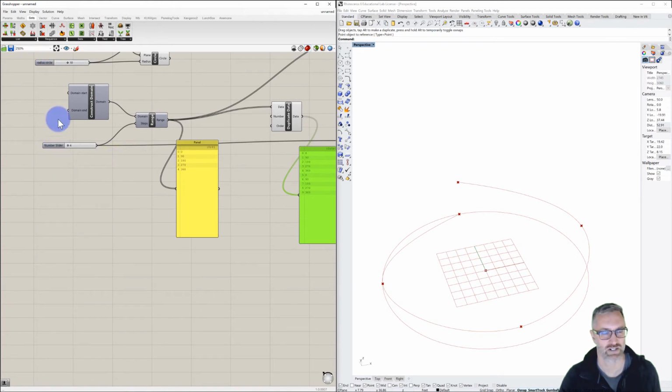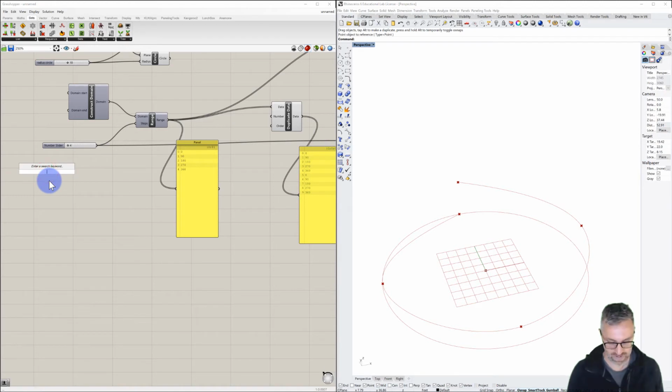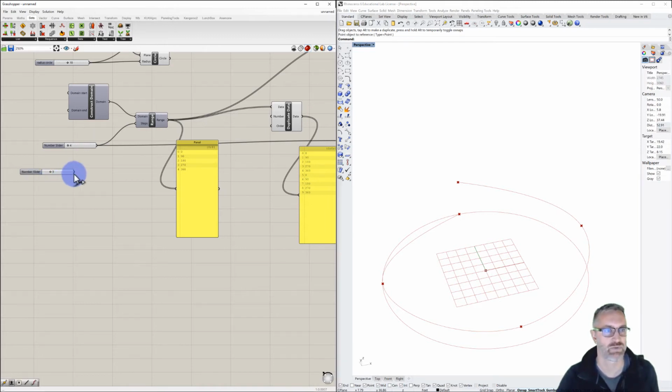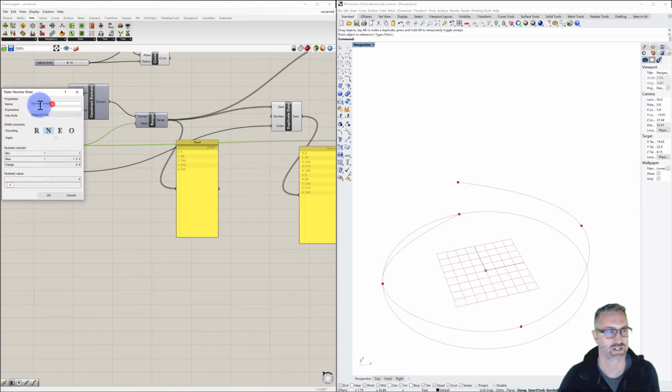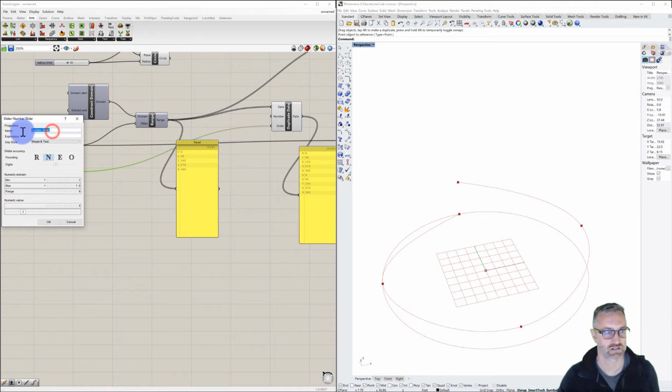again, I like to have my variables off to the left. But why don't I add 1 is less than 3 is less than 10. And these will be our number of revolutions. And so we can name these others. This will be, let's say, circle division. And this will be helix